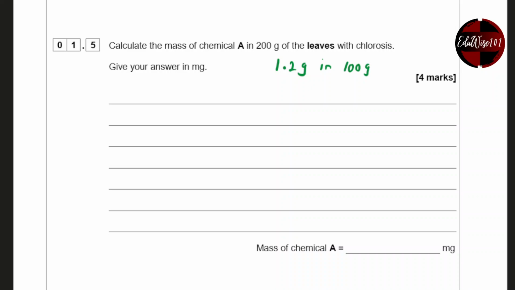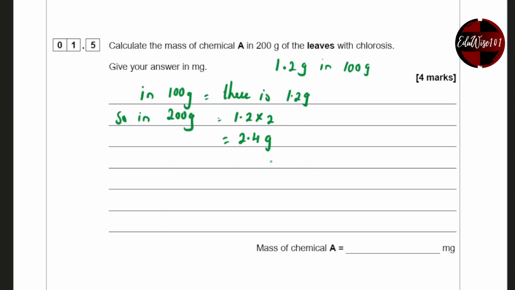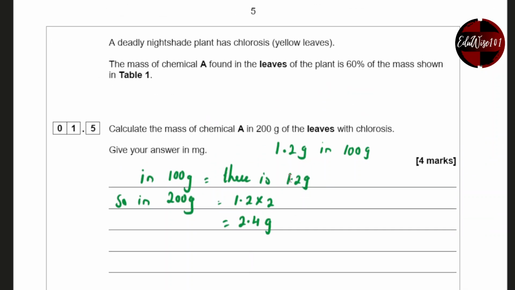So let's go through this way. In 100 grams, there is 1.2 grams. So in 200 grams, that's 1.2 times 2, which is 2.4 grams. Now, what they're saying is we are expecting for it to be 2.4, but according to the question,